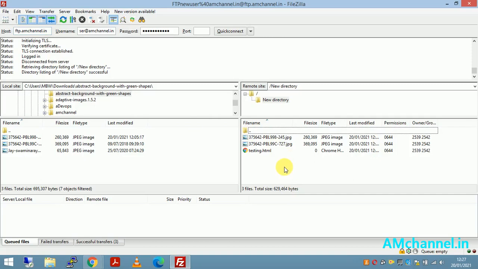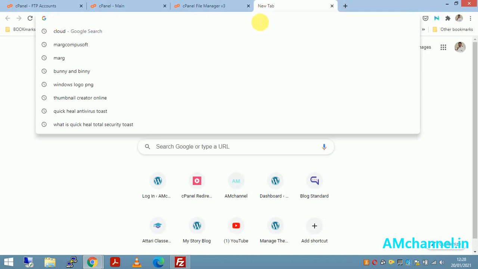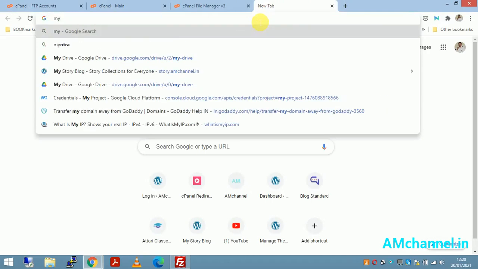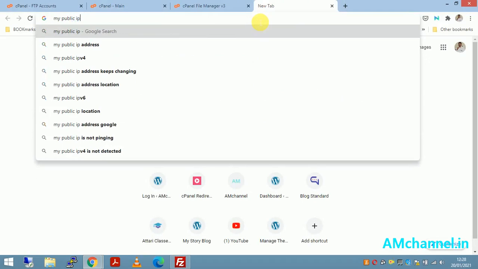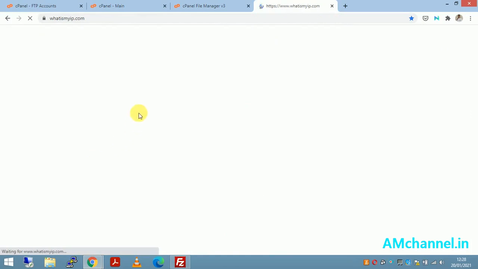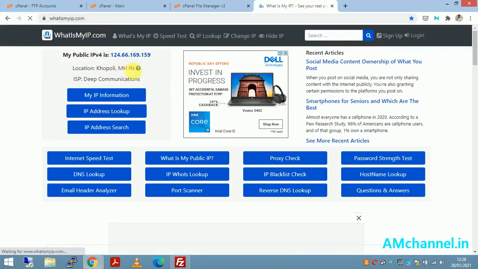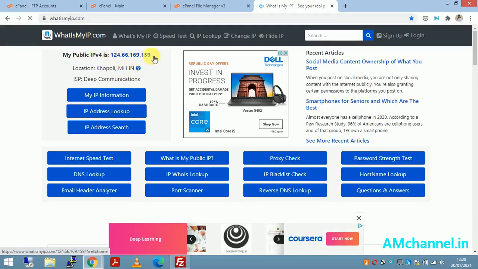So in that case, you must share your public IP of your local system. How you can share, check it. Just go to your browser and search for what is my IP. You will get the IP address at whatismyip.com. Here you will get your public IP.